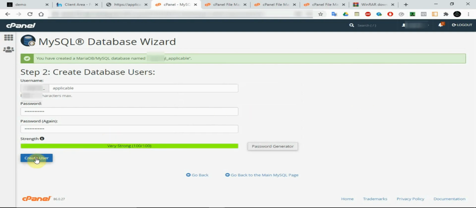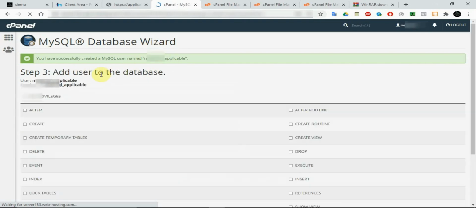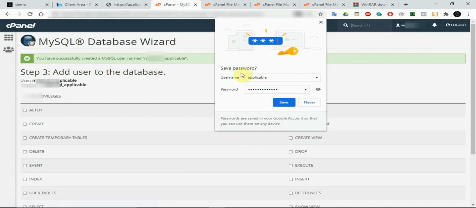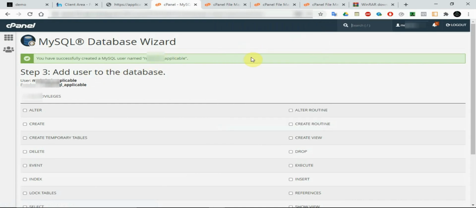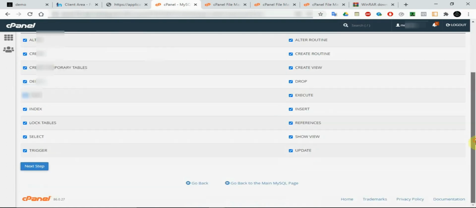So right now we are creating a user. This user will now have access to this database. That's what this is trying to tell us. So when we create this user, this is the only user that can access this database right now. So I'm going to say okay, accept all privileges, so it can create and delete. Having done that,